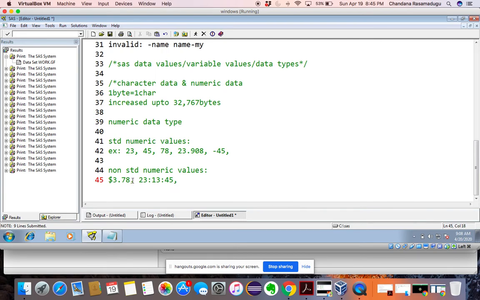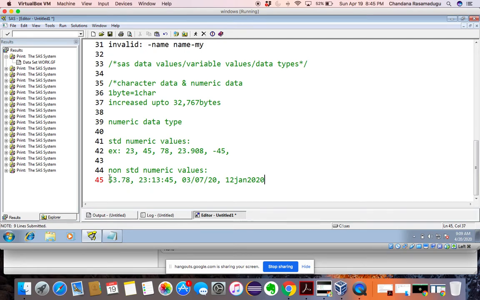This type of data is non-standard numeric data. Or else 12 January 2020. This is also non-standard numeric data, which includes values that contain special characters.